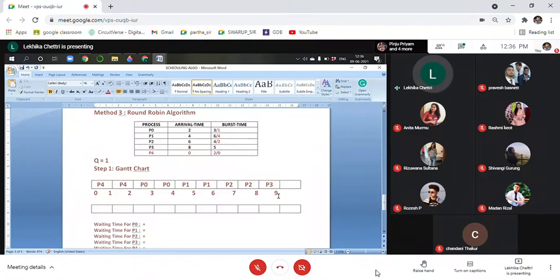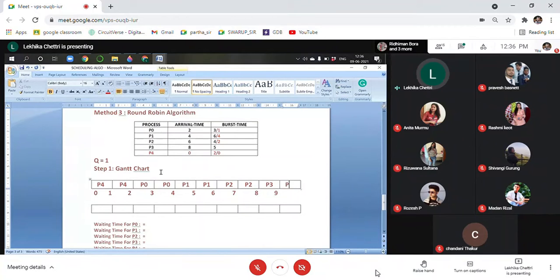Now at 9, what was the first process? We do FCFS now, first come, first serve. So P4 comes here; write down P4. But does P4 need the CPU? No, because it has already completed its task and is no longer in the ready queue. It is terminated, so P4 does not matter. P4 is done.